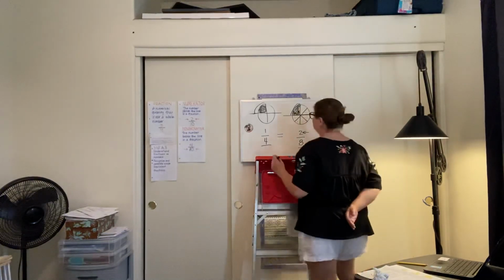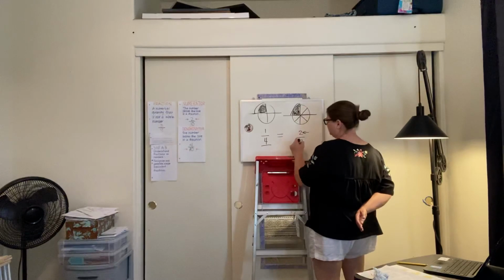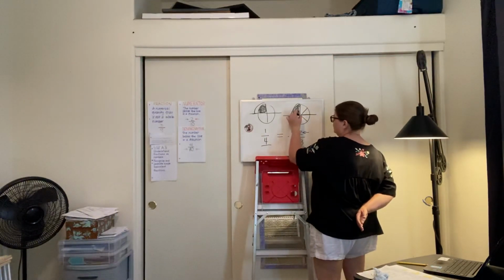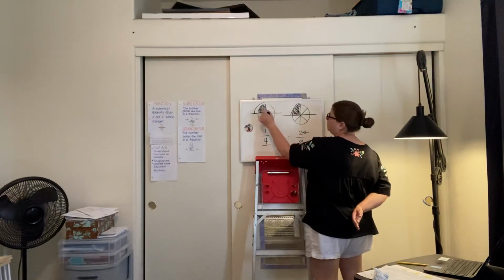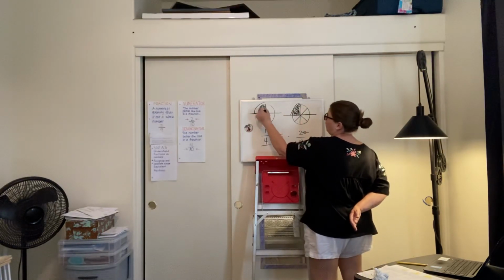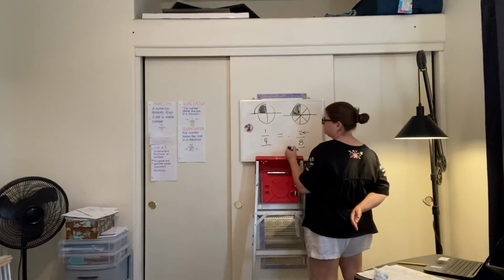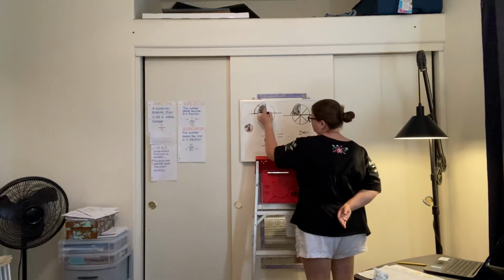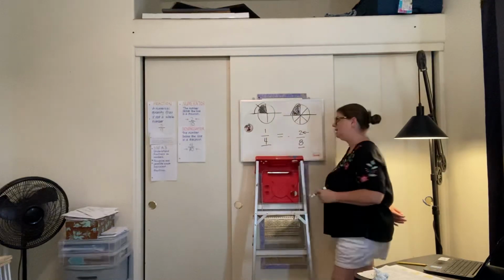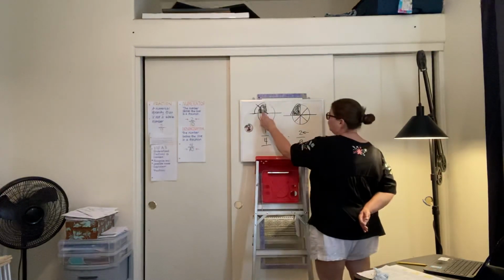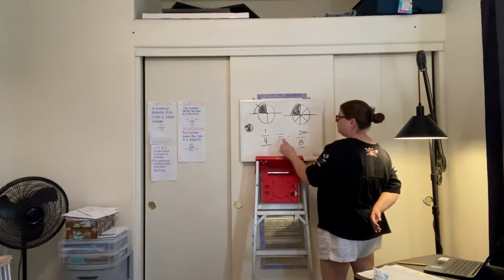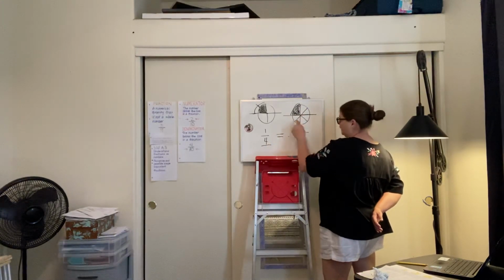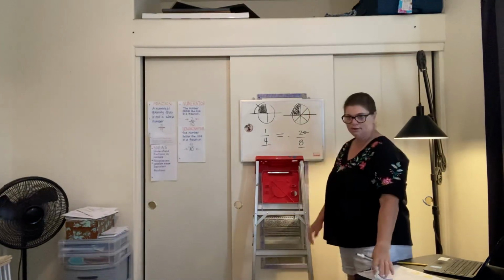Okay, so really 2/8 equals 1/4. 2 of these parts equal 1 big one. Okay, so this 1 part, okay, can be broken down into 2, can be cut in half. So 1/4 equals or is equivalent to 2/8. Okay,